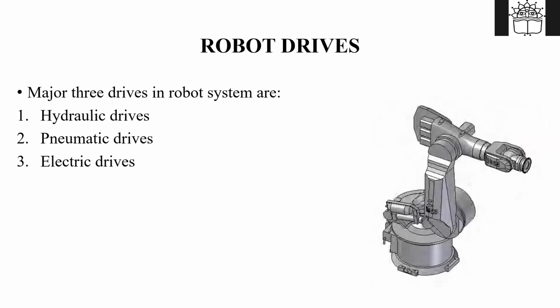Now, how is a robot driven? It can be driven with the help of hydraulic power, or with the help of pneumatic power. You might have seen on vehicles, pneumatic brakes, air brakes written on many vehicles. Air brakes means we use pneumatic power. If you have gone for wheel balancing and wheel alignment for your four-wheeler, that jack is nothing but a hydraulic jack. So there we are using hydraulic power.